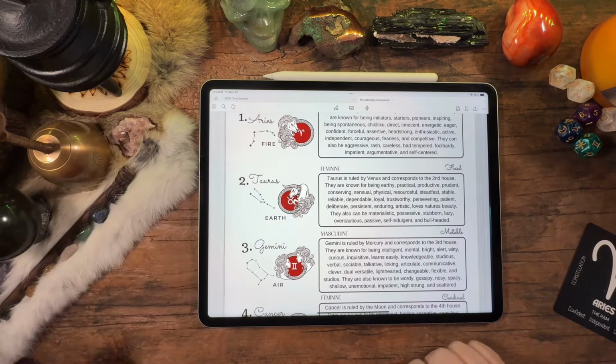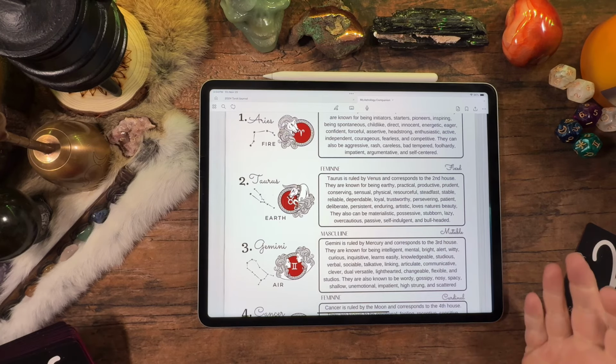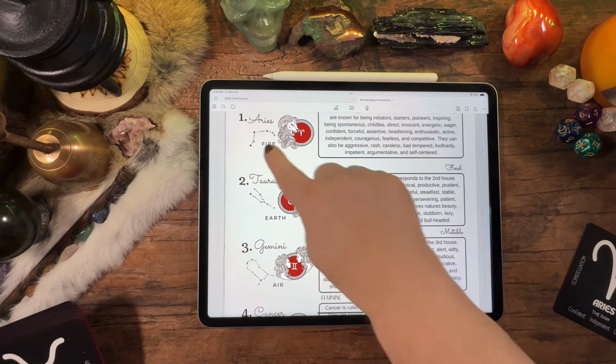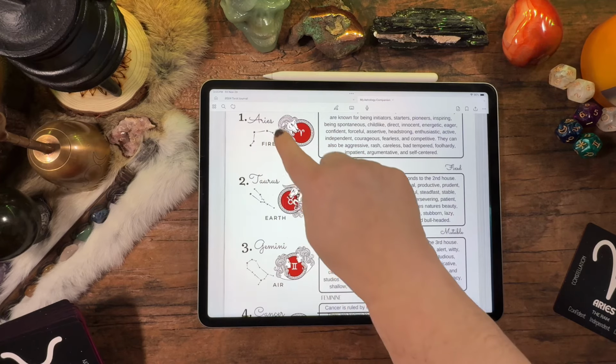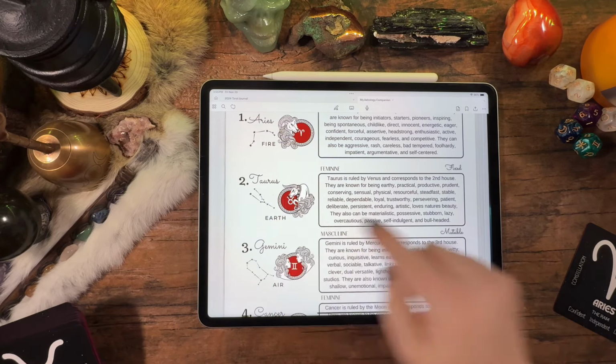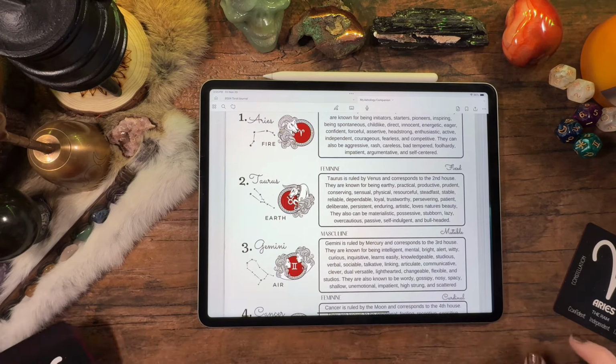Taurus is ruled by Venus and corresponds to the second house. This is what the constellation of Aries looks like in the sky. This is what Taurus looks like. They are known for being earthy, practical, productive, prudent, conserving, sensual, physical, resourceful, steadfast, stable, reliable, dependable, loyal, trustworthy, preserving,